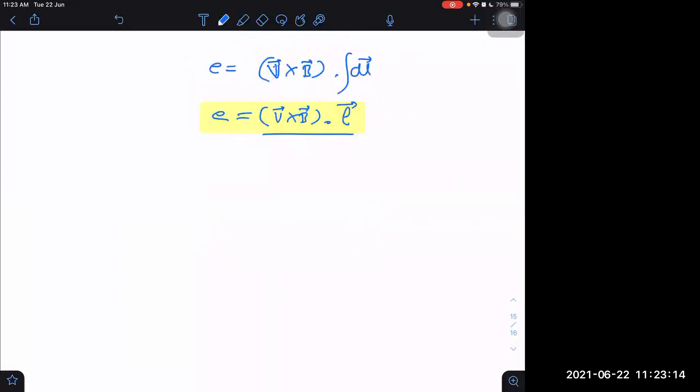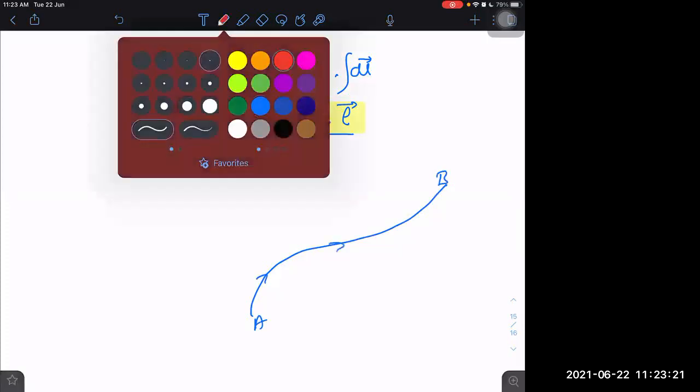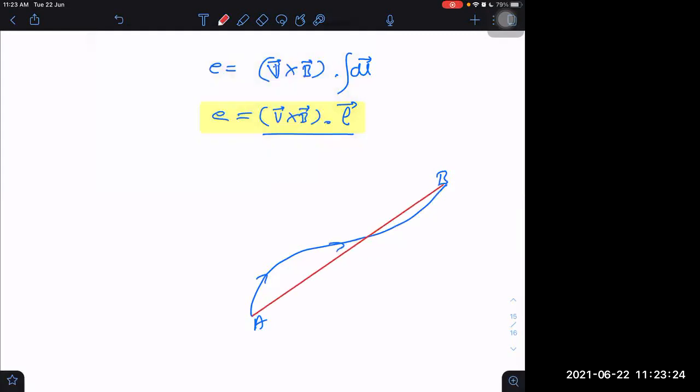Now you should understand from here that if I take a wire like this, starting from A to B, this way, then I can just take a short connection from A to B, like this. This is L vector effectively. It is the direct vector from A to B. These were dl vectors. I have added all the dl vectors together and I got the net resultant vector. So what would be the direction of EMF? EMF will be in the direction of the L length vector. This side will become positive and this side will become negative.